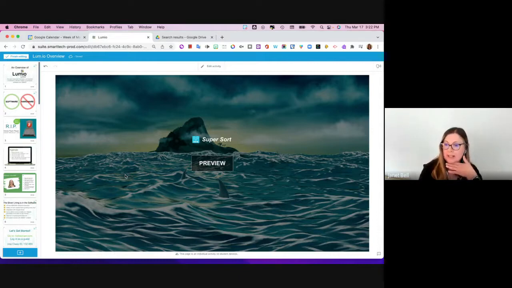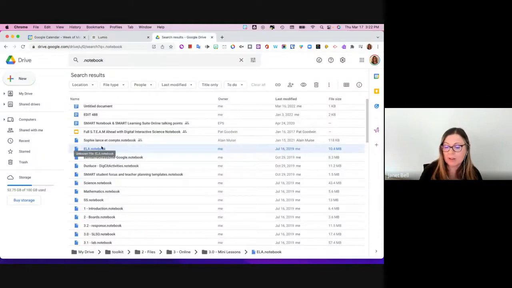Will it look the same? Those are good questions. Do I need to save them again as Lumio, or can I leave it in my Drive as a notebook file? When you open that notebook file in Drive, like we just opened, or we actually didn't finish opening it, but